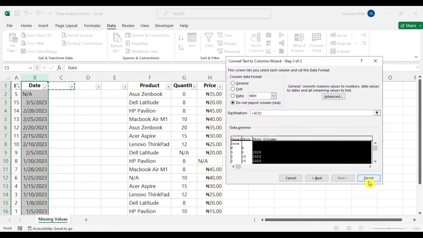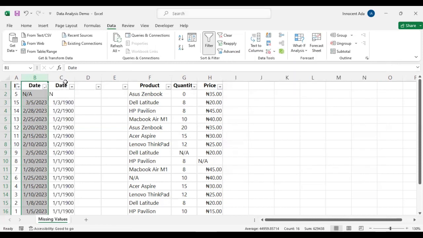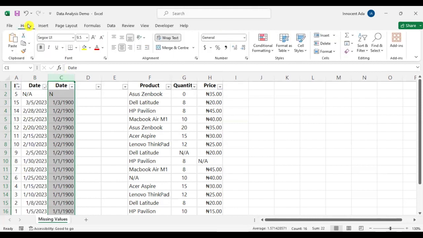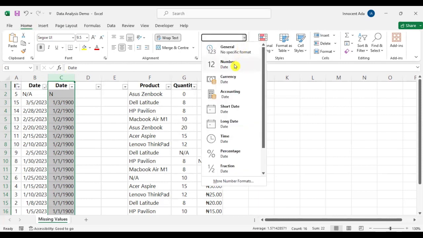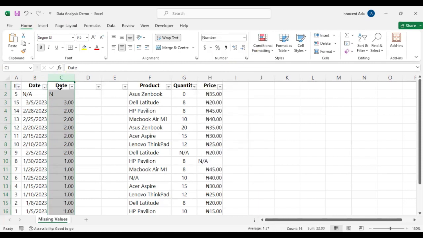When that is done, you go ahead and click finish. So you see that it is imported here. Now, if yours is imported this way, do not panic. It is correct. All we need to do is ensure that we change the format, okay? Some of you will have it imported clearly. If this happens to you, you come back, highlight the C column, then go to your Home tab, and on your Numbers group, you click the drop down and then click on Numbers. You see that you have it